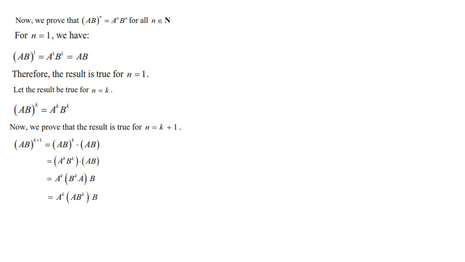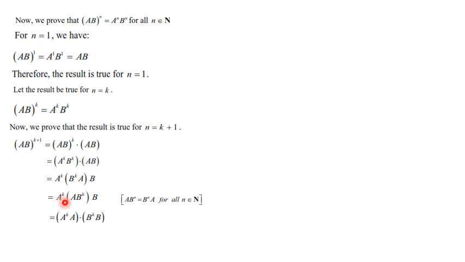That is equal to A^k, this B^k into A, we can write (AB)^k, into B. That is the same. The reason is, in the previous part we have proved that (AB)^n is equal to B^n into A^n. Because of that, B^k into A we can write as (AB)^k. Then we have to regroup it again by using the associative property.